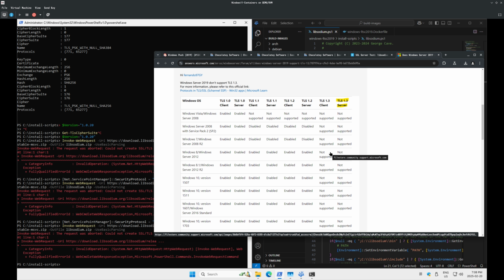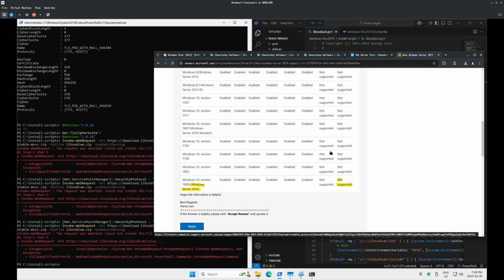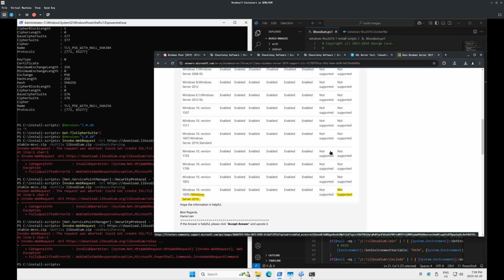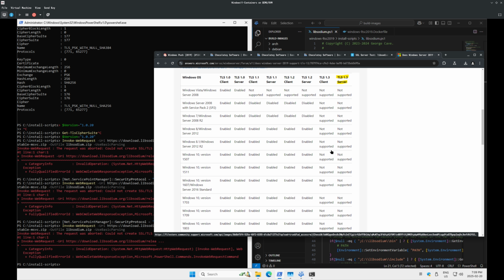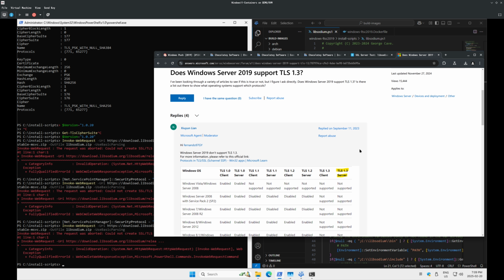It's not supported on server or client. I do not like that, but we have to rely on Microsoft deciding to support certain critical security technologies, or